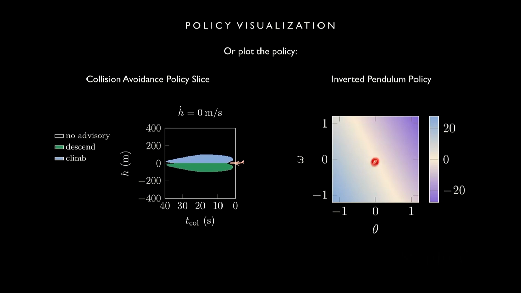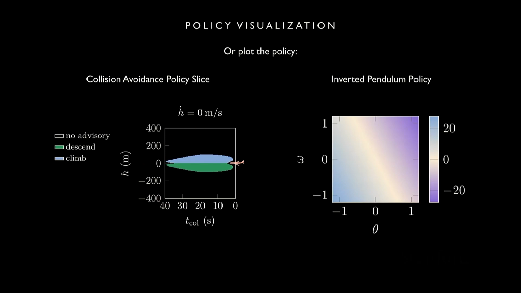So we have theta on this axis, omega on this axis, and we can just sanity check that all of this makes sense. For example, at 0, 0, that means we're perfectly upright and we're not moving at all. We would hope that we would just stay that way, so we'd want to apply a torque of 0. We can see here, we get a torque of 0, seems reasonable. If we move to the right here, where theta is positive, we get a negative torque because we want to push it back up the other way. If we move to the left, we get a positive torque to push it back up, and so on. So this is just a nice sanity check to plot the policy.